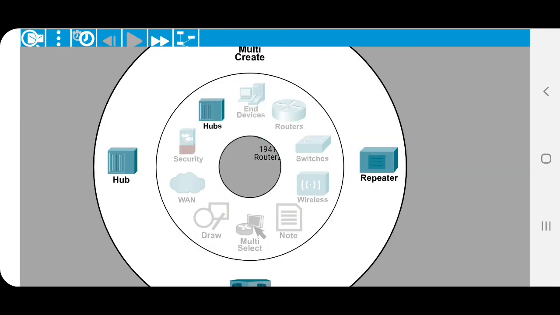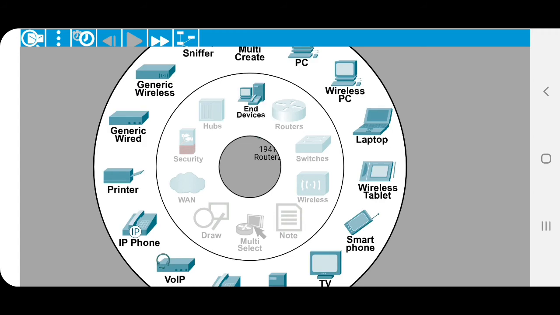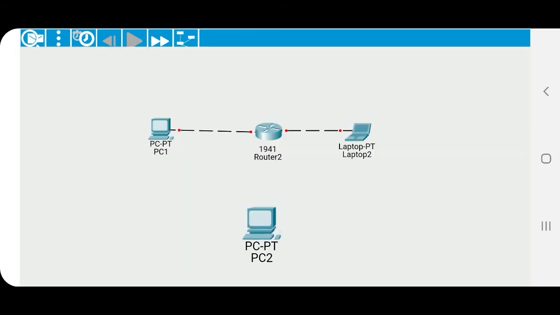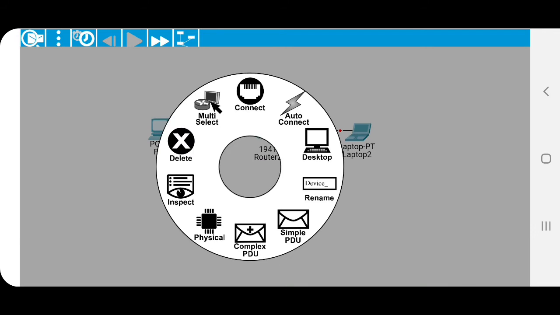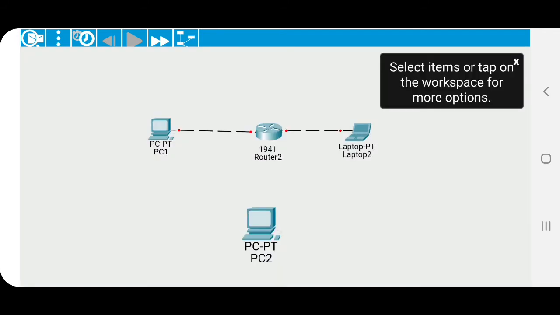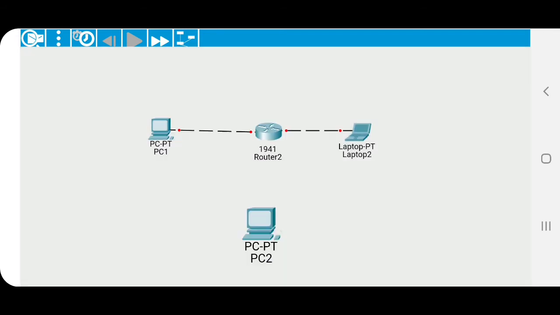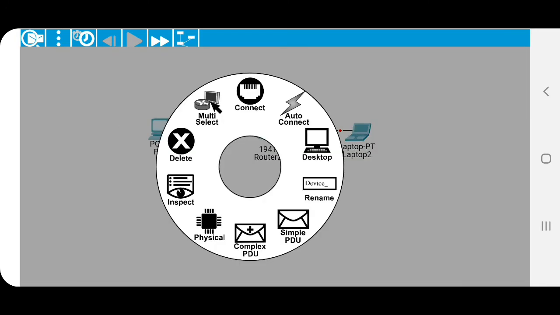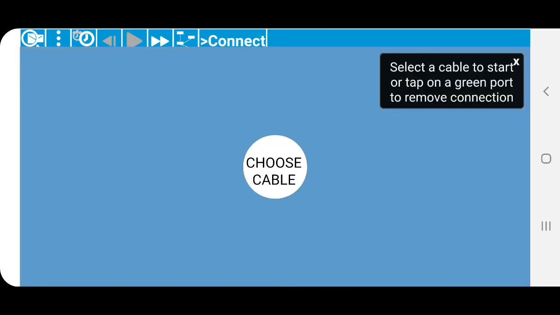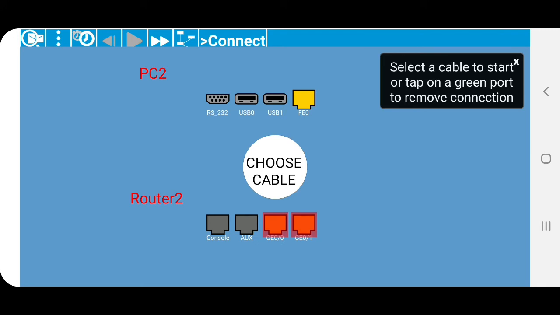Wait, let me show you. For example, from PC to the router. So this is the workspace where first of all you need to choose the cable.